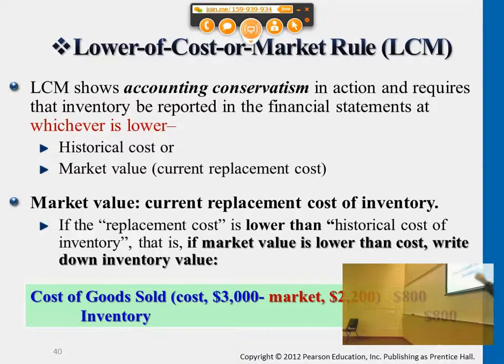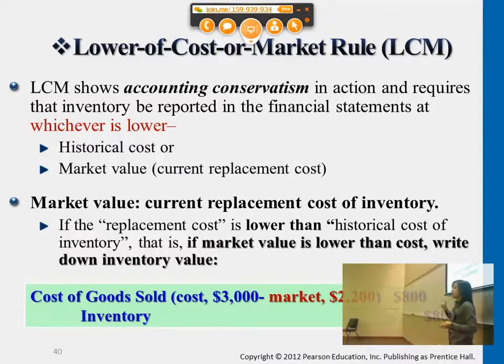Now this is another adjusting entry. This is called the lower of cost or market rule. This entry doesn't necessarily happen in each and every corporation, and doesn't necessarily happen in each and every season. But basically at the end of the year, before accountants issue yearly financial statements, they want to make sure that the inventory cost, meaning the original historical cost of inventory, is lower than the current market price. For example, if an item earlier was purchased at $10,000,